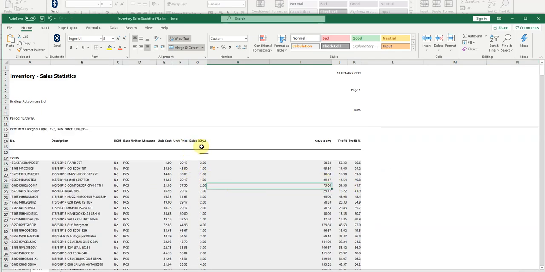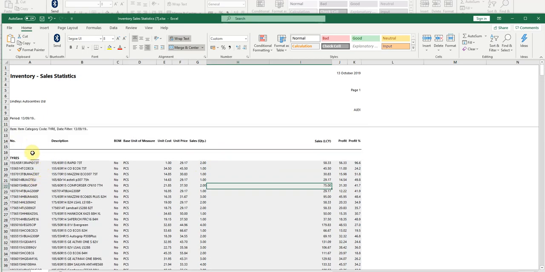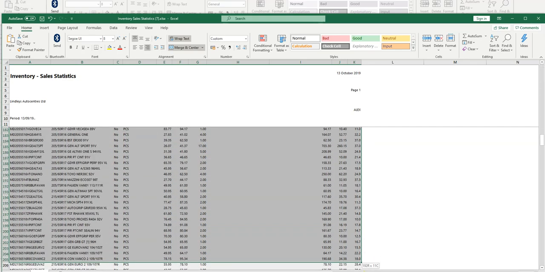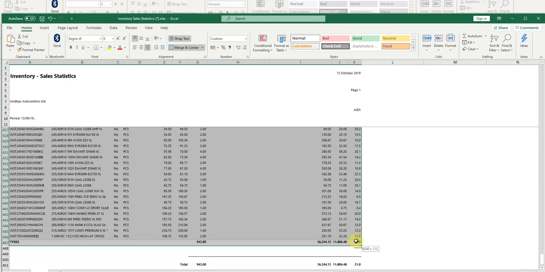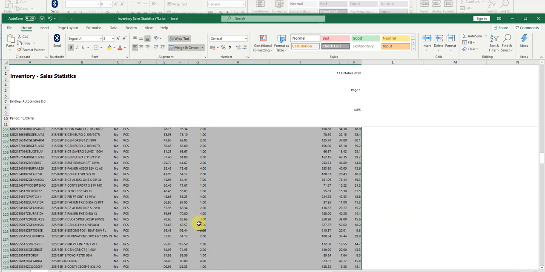But there's another issue. You can see it's not in any order. It's just in numerical order of the item number. So I now need to put this data into a table. To do this, I'm going to select along the headers, and then I'm going to scroll down with my mouse all the way down to the bottom of this report. But I'm not going to select the totals. I'm just going to select one line above the totals. So I've just highlighted the data and the headers,